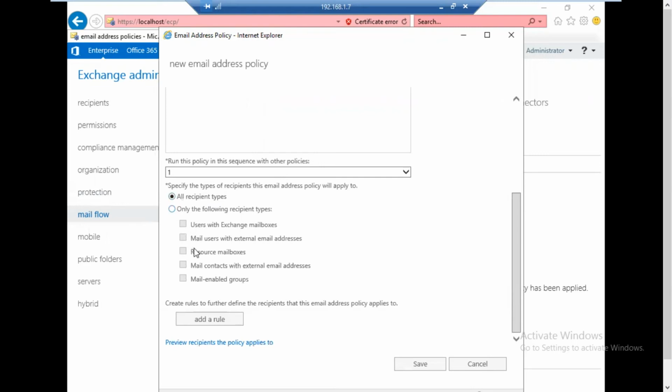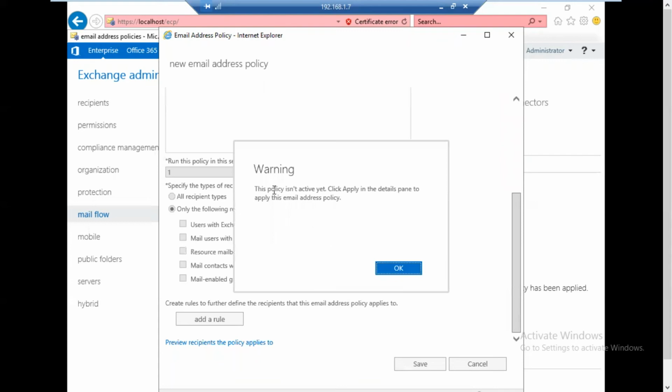If you want specific recipients, you can define those also. Or you can apply the rule to users who have department settings or organization settings configured. Right now I'm using all recipient types, and click on save.